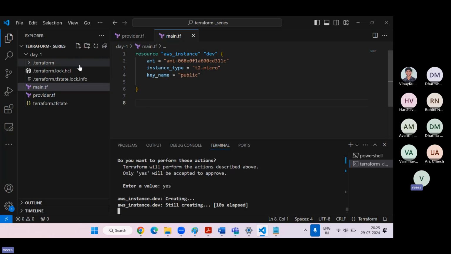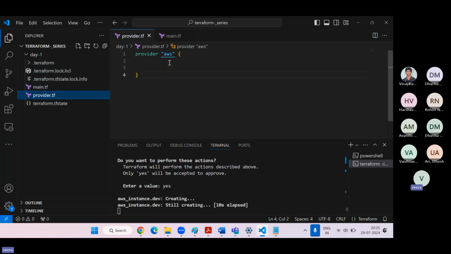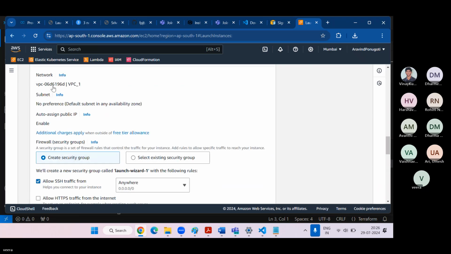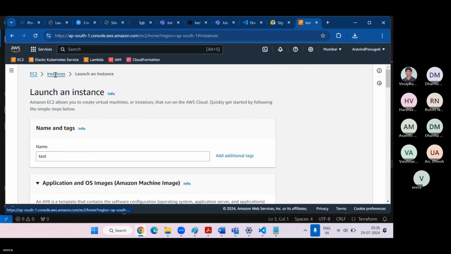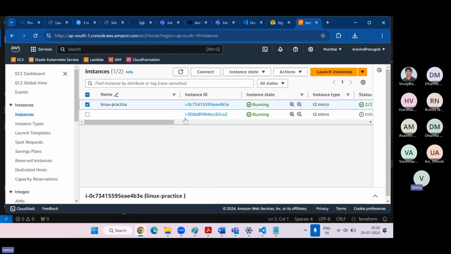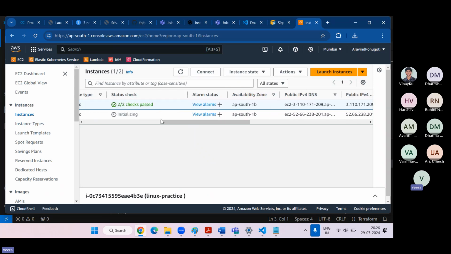That's what the system is taking by default: in provider.tf only AWS, and the region and access key it will take from .aws. Now if you go and refresh, see, one instance is created, already initializing.